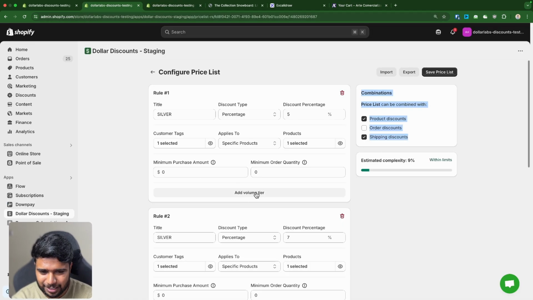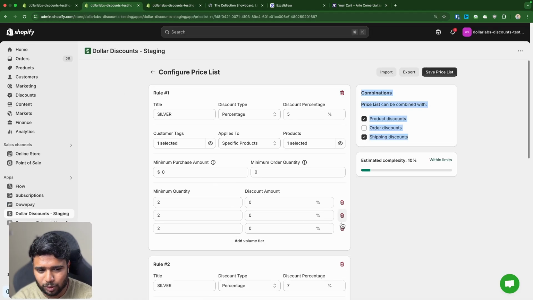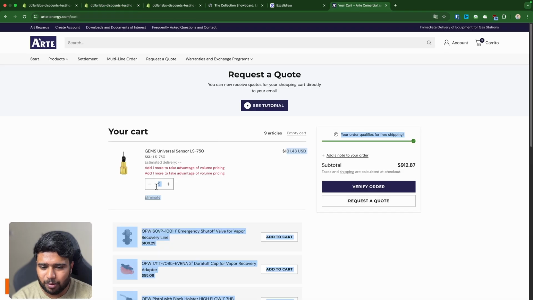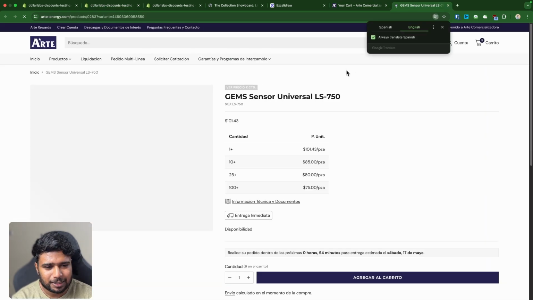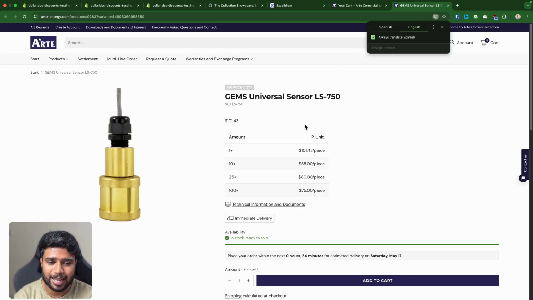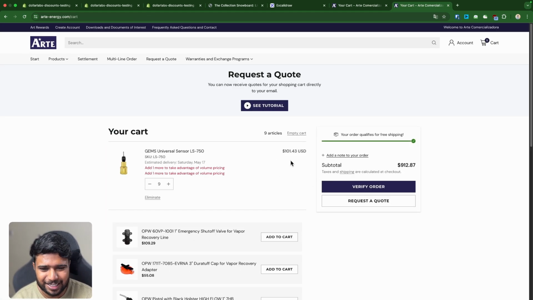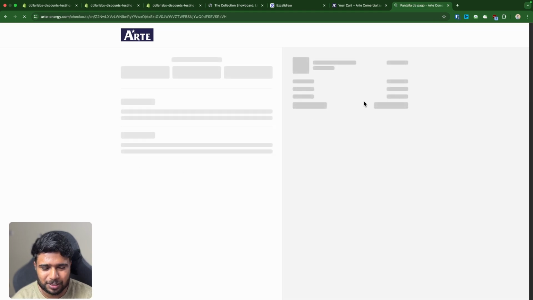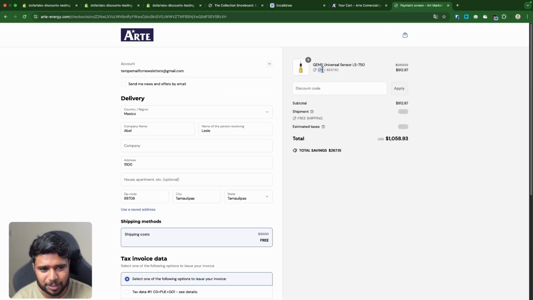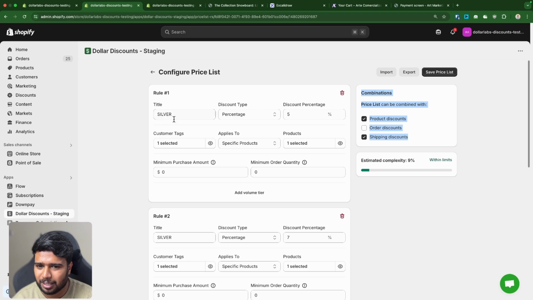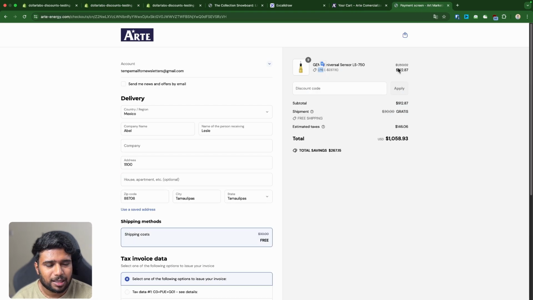So far, we haven't tested volume discounts, and that's basically adding more tiers here. So if you add a volume discount, this is how it looks like. And here, I have a customer tag on this too, and I can't edit it right now, but I do have a tag. So let's just show you how it looks like. So if I go to the order, you'll see that the discount is already applied, something called LP sits, because that's the name that they've given here. And you can see that the original price is discounted by some amount,